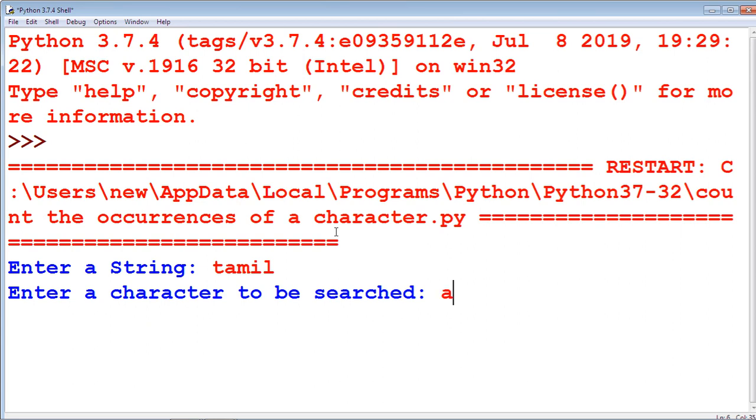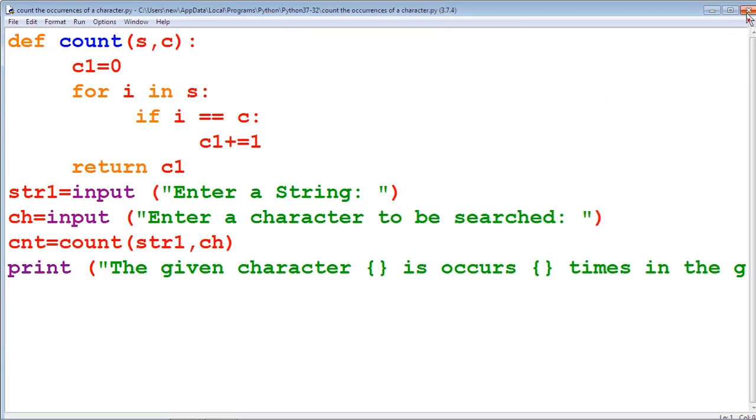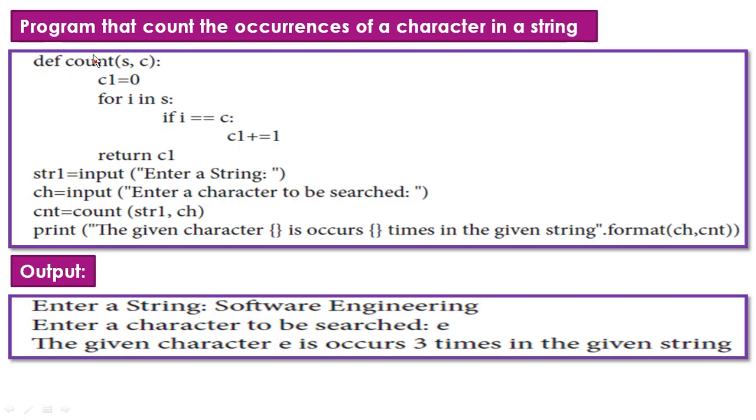The searched value is A. Now we get the result. A occurs 1 time in the given string. This is the example for a program that counts the number of occurrences of a character in a string.